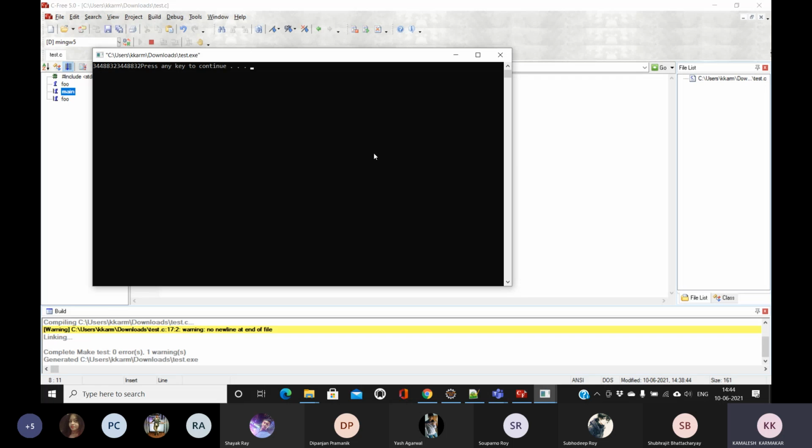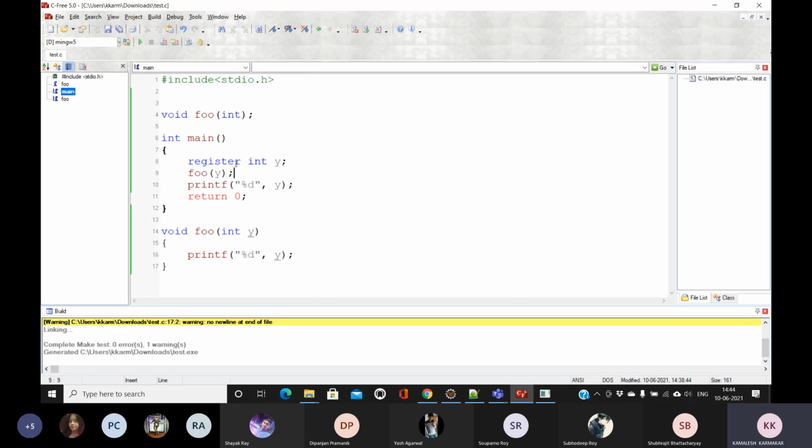So this is the way we can declare a register variable. If you have written lots of register variables in your program, the system cannot ensure it, because the number of registers in a system is limited, and obviously many other programs are also running.